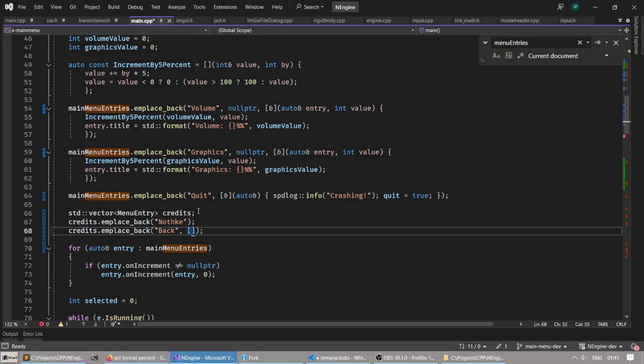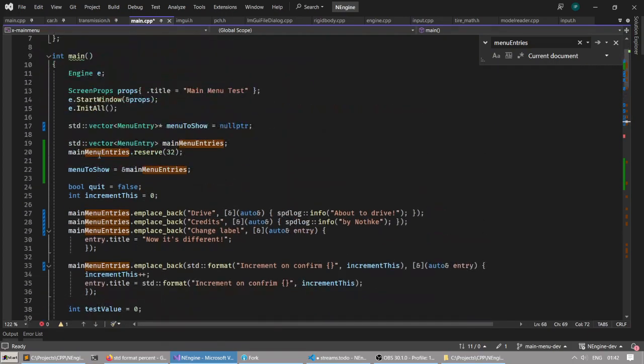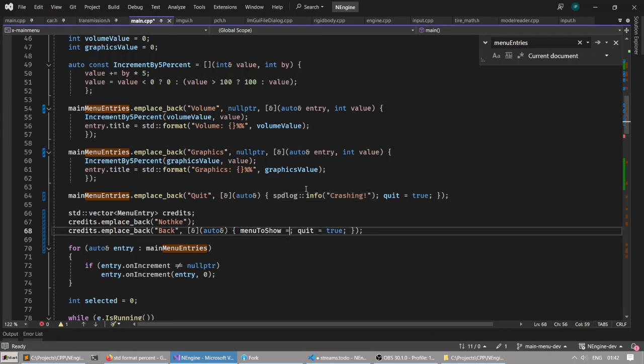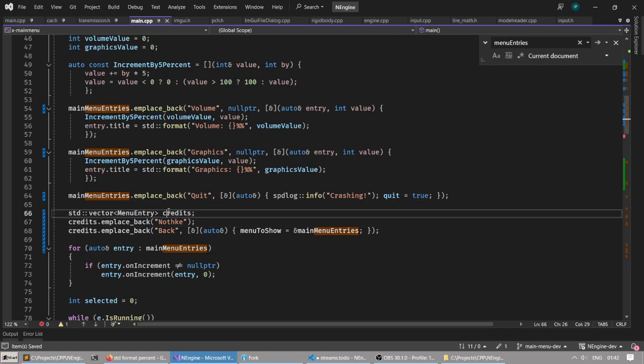And for the back, I'm going to have a lambda that the only thing it does is set the menu to show to be main menu entries. So basically, it's going to revert to this. So this is how we do navigation, right? The credits sets this to go to main menu,